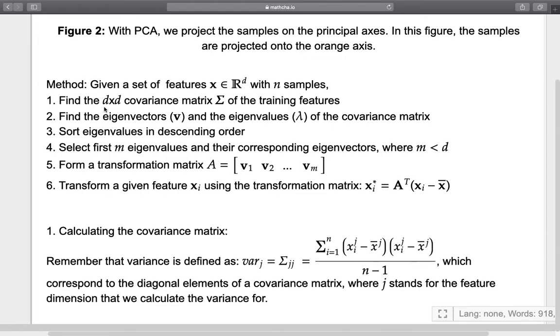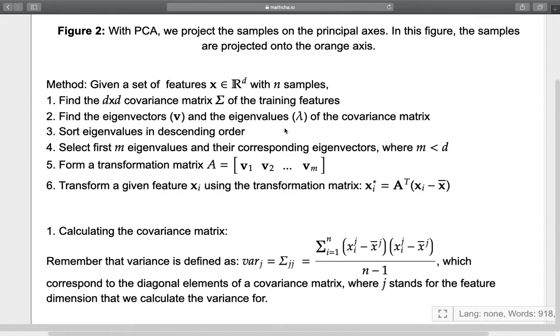First, we would like to find the d by d covariance matrix, sigma, of the training features. Second, we find the eigenvectors and the eigenvalues of the covariance matrix. And third, we sort the eigenvalues in descending order so that we can select the highest eigenvalues according to some